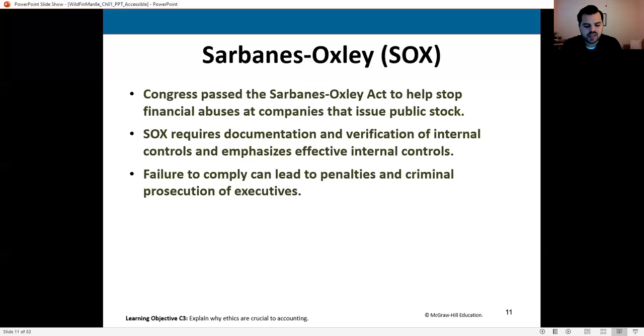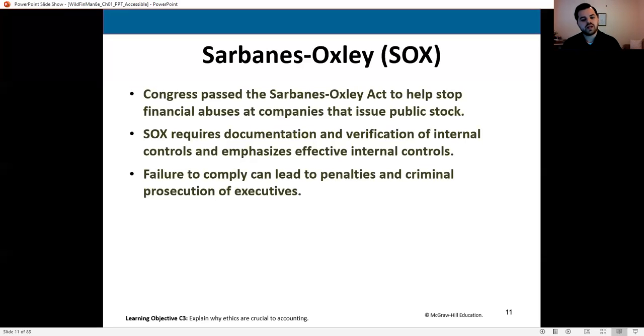Now, a couple of the main things here that SOX does, all right? So the main topics you really want to be aware of, number one, is that SOX requires documentation and verification of internal controls and the effectiveness of those internal controls. So prior to this, your management did not have to sign off saying, yes, we've got effective internal controls in place, they're working as intended, et cetera, right? We essentially didn't check on that. So now what's happened is SOX requires your CEO, your CFO, for example, to actually sign a statement under penalty of perjury and under penalty of law saying, yes, we have good effective internal controls, things are working as intended.